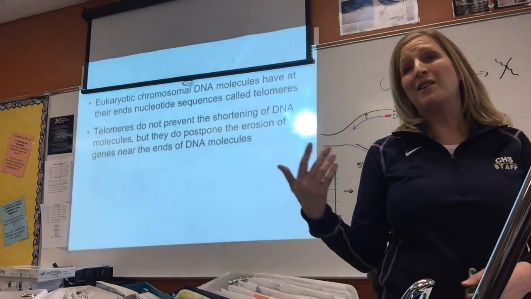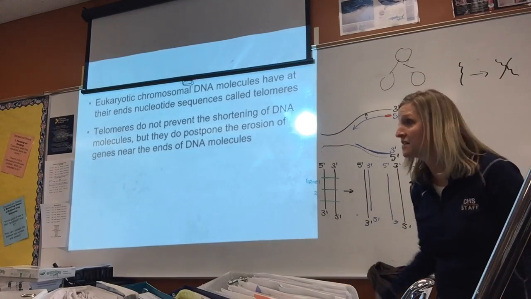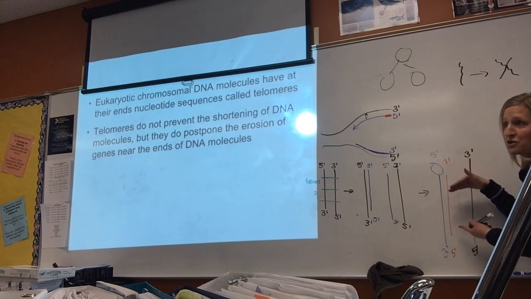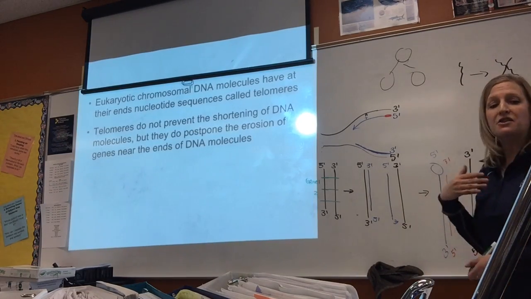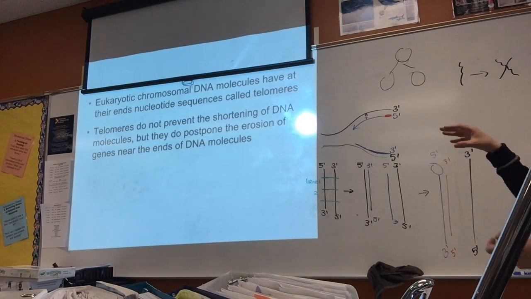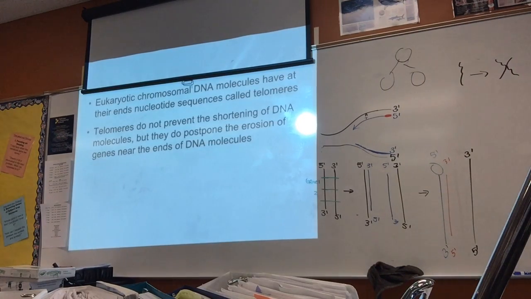So this is what they think happens as people age, all right? The older people are, the more your cells have divided, right? And the more your cells have divided, the shorter and shorter your DNA gets. And so therefore it can become a problem, all right? So they're doing a lot of research on these telomeres and how do we stop them from getting shorter, and therefore